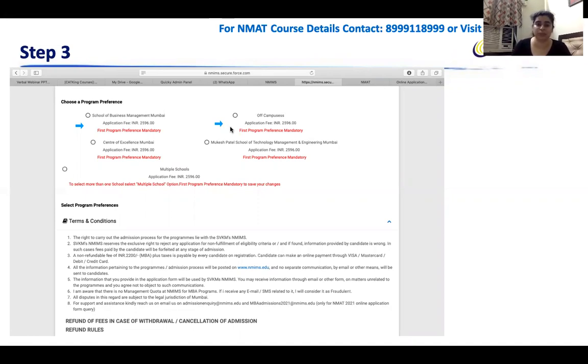All your PGDM programs like Bangalore, Navi Mumbai, Hyderabad, Indore, all of them are called off campus programs. NMAT is also acceptable for NMIMS applications for the new programs of Center of Excellence Mumbai and Mukesh Patel, which can also be chosen here.